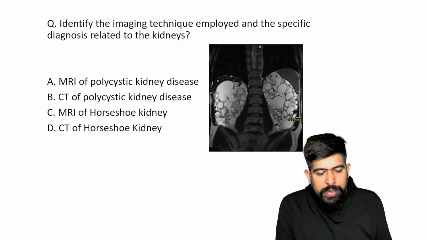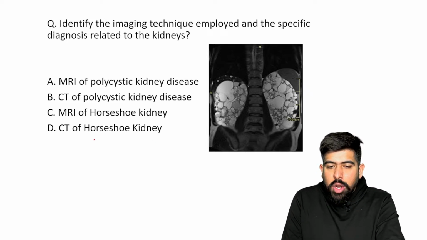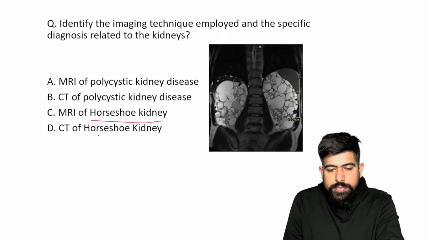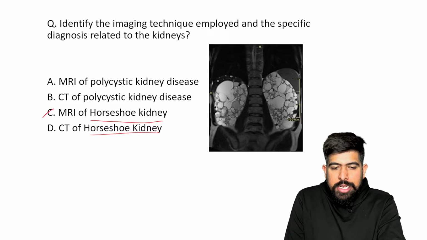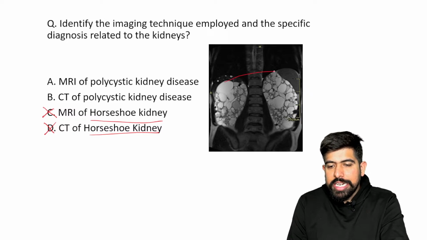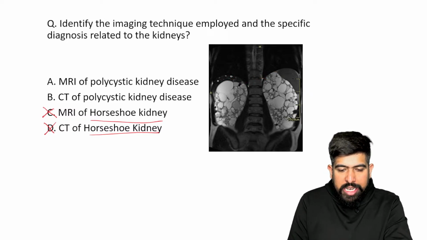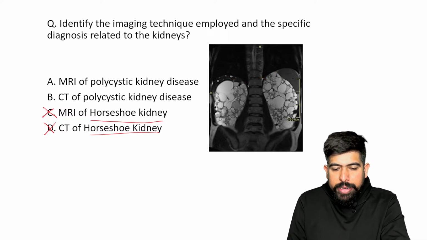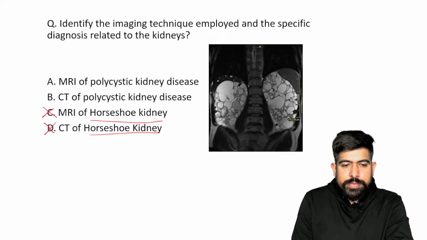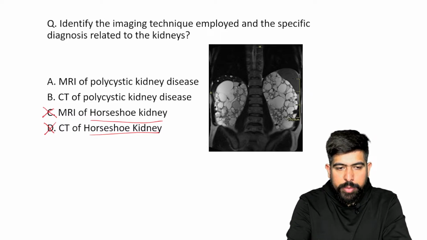First of all, I'm clearing this up: this is not the horseshoe kidney. It is not possible that this is the horseshoe kidney, because we already know that in horseshoe kidney both kidneys are attached together. Yes or no? So this is not horseshoe kidney. Just wait, I'm going to show you the image of horseshoe kidney. Just a minute, I'm entering one more image.